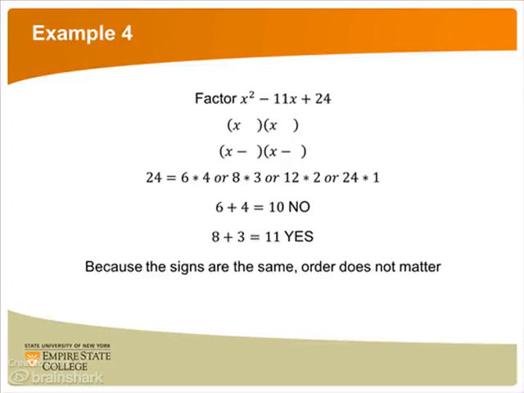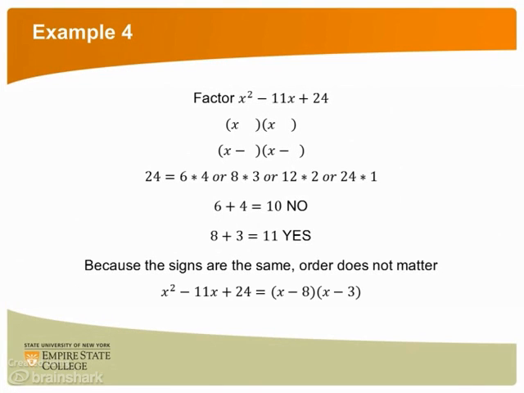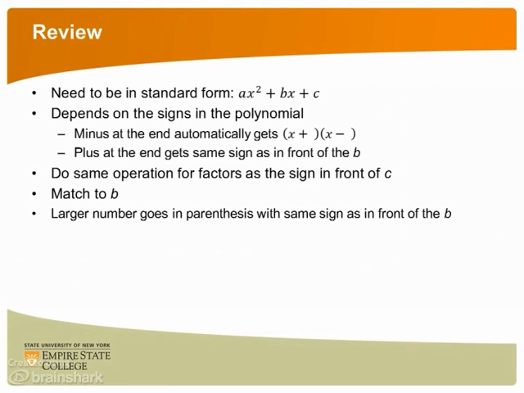Since we have minus signs in both parentheses, the order we insert the factors does not matter. So when we factor x squared minus 11x plus 24, we get (x minus 8) times (x minus 3). To unfoil a polynomial, it needs to be in standard form, ax squared plus bx plus c. If the coefficient of the x squared term is 1, or if you do not see a visible coefficient, then